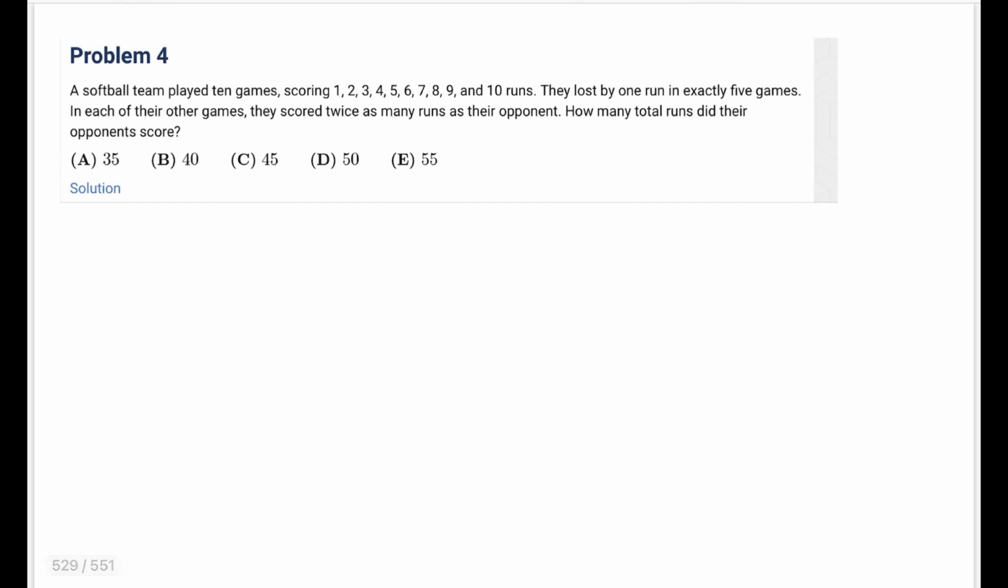Number 4, a softball team played 10 games, scoring 1, 2, 3, 4, 5, 6, 7, 8, 9, and 10 runs. They lost by 1 run in exactly 5 games. In each of their other games, they scored twice as many runs as their opponent, so this means that they scored an even number of runs. How many total runs did their opponent score? Okay, so in their other games, they scored 2, 4, 6, 8, and 10 runs in those games,